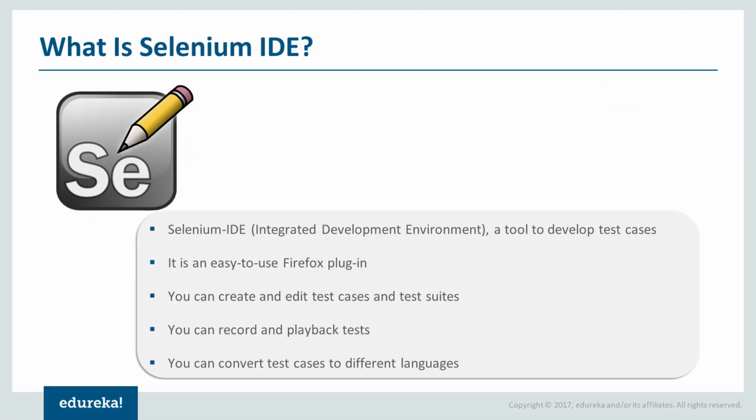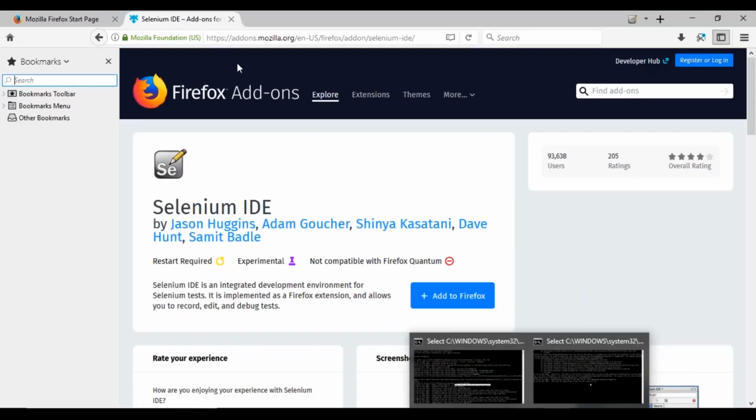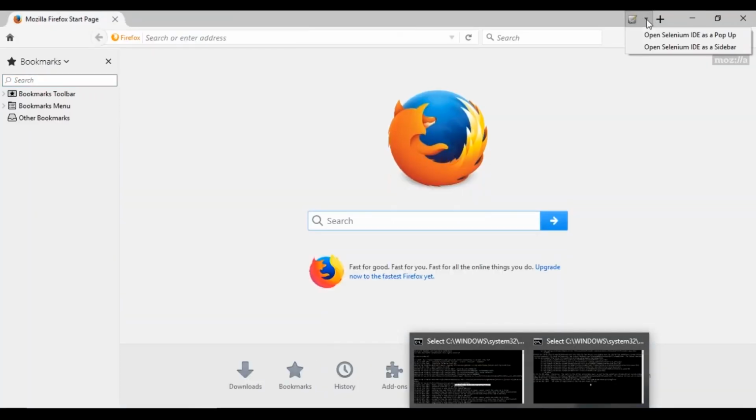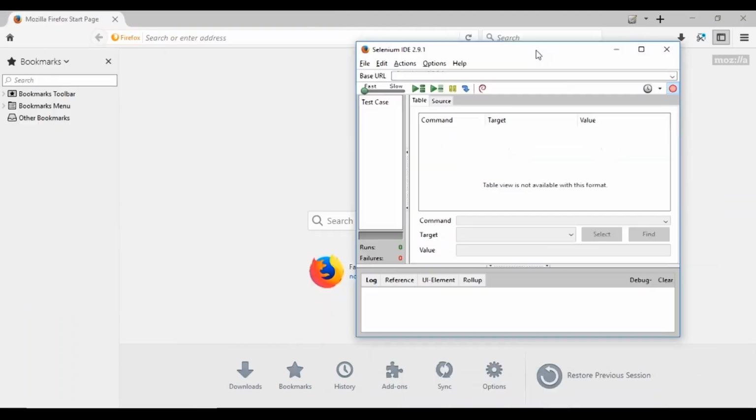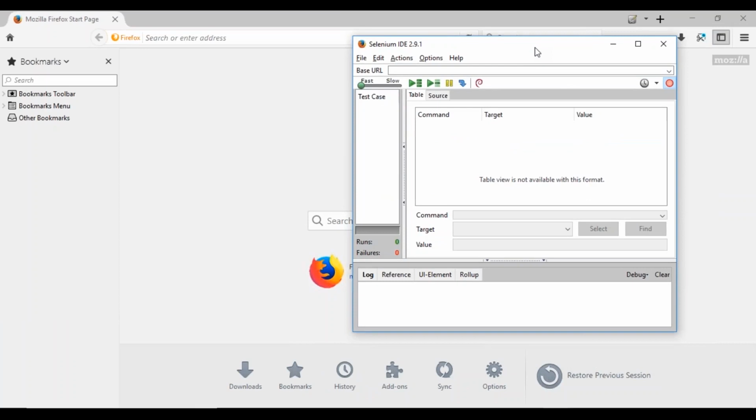That button we have installed, and along with it we have also installed your Selenium IDE plugin. Now once you have installed, you are going to work with your IDE. Here it has been installed. I go here and open it as a pop-up. Once you open it as a pop-up, can you see this IDE which has come up? This is the environment where you start writing your test cases. What are the features of this IDE? As soon as you launch this, there is a record button here.